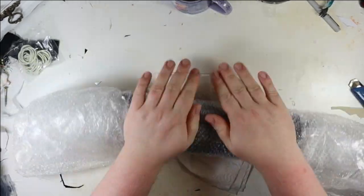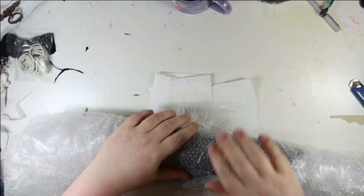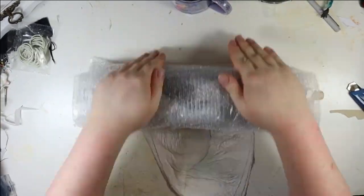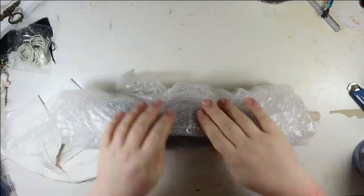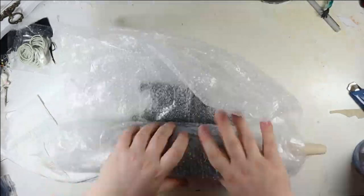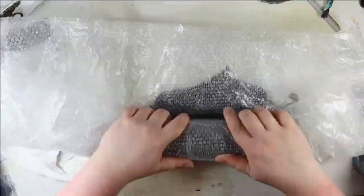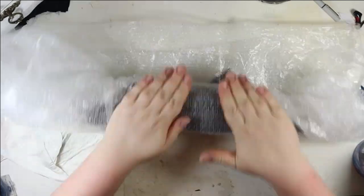Yeah, as you already noticed, or might have noticed, our thing to roll out cookie dough is made out of wood. It did work, but yeah. Anyway, after I thought, I guess it's felted now, I then put our sheet of felt, or let's say that